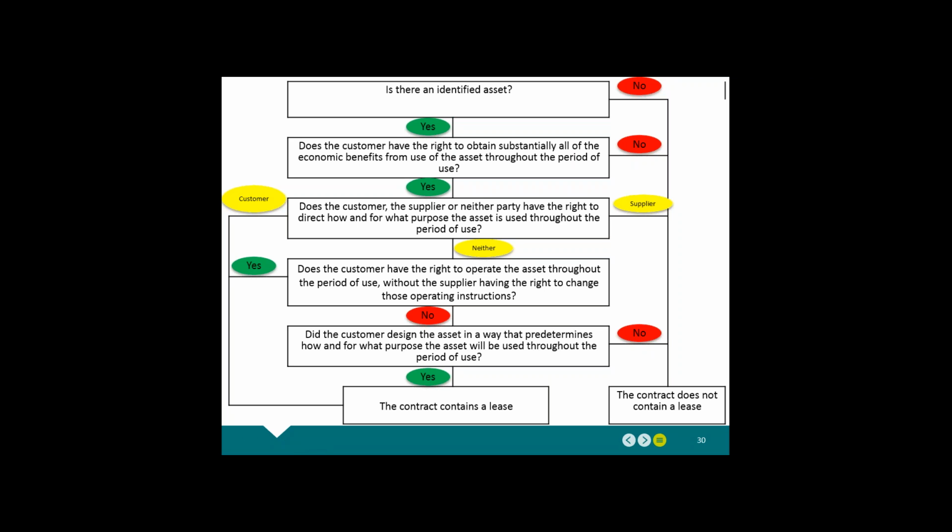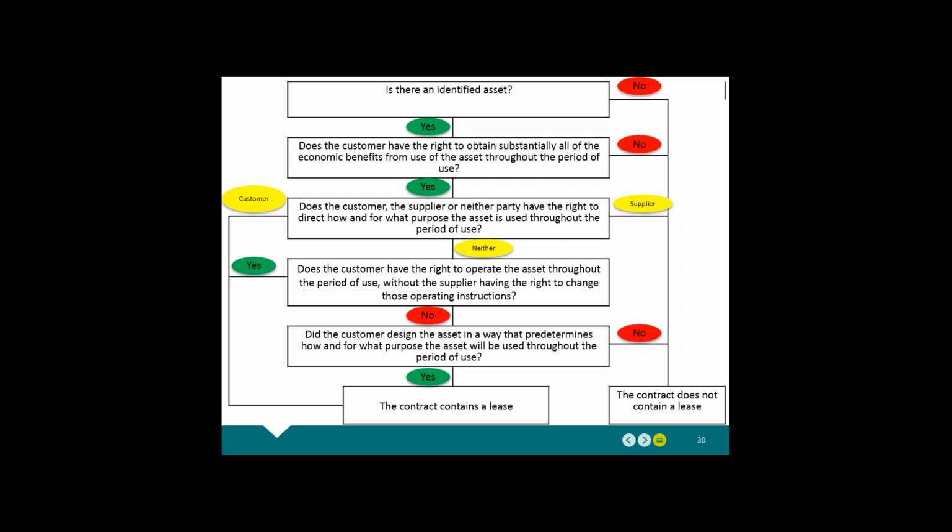That means that there's a clear distinction now between the use of an asset, which if it's an identified asset would be a lease, and a service contract. And service contracts are outside the scope of IFRS 16 and they don't come onto the balance sheet. If it's an identified asset and we answer appropriately on all the other questions, we could potentially have a lease. So there's a very clear distinction between asset contracts or contracts to use an asset and service contracts. So that's an important note.